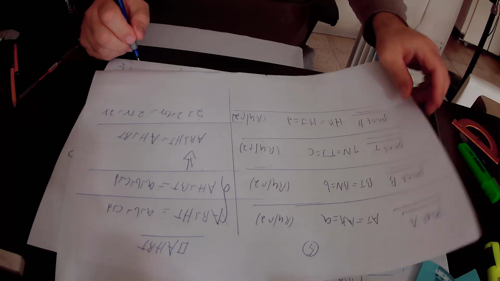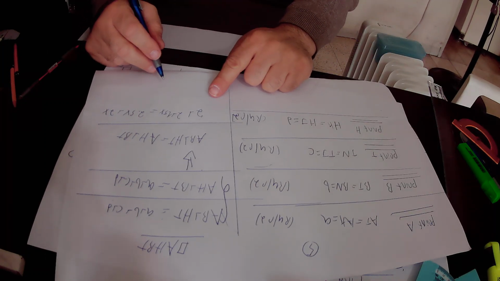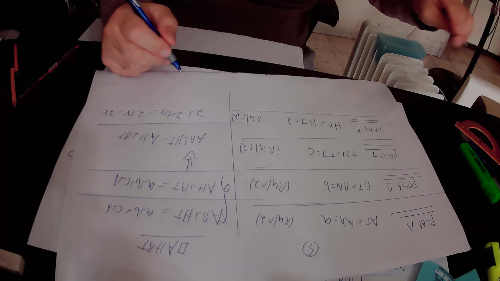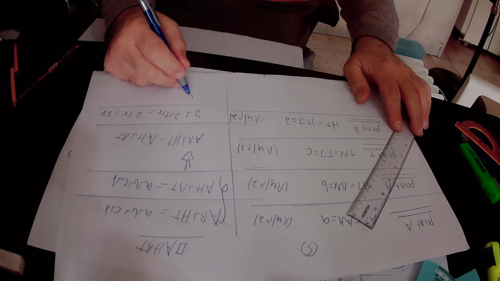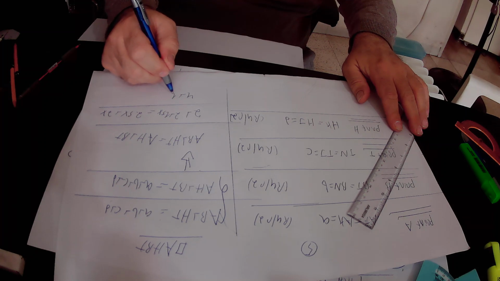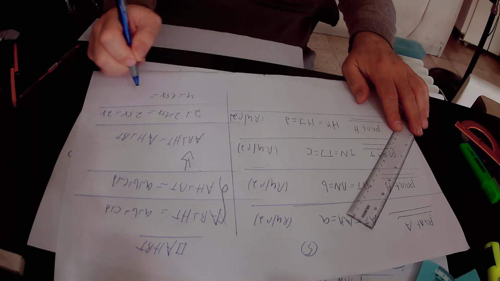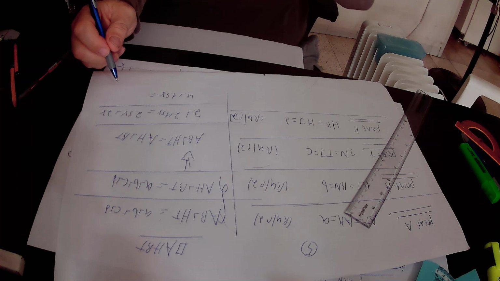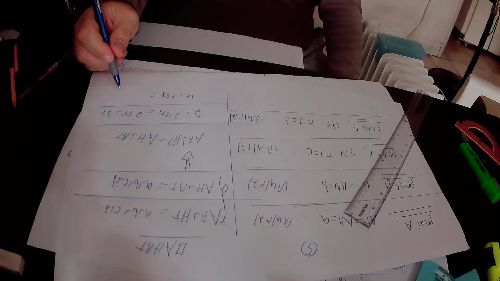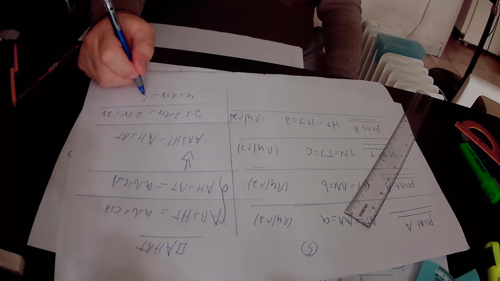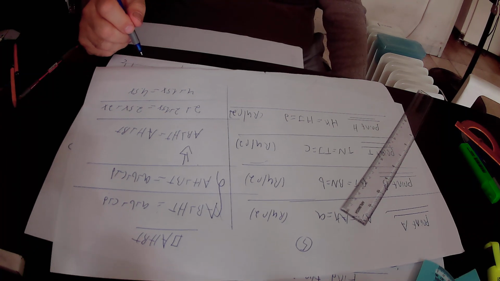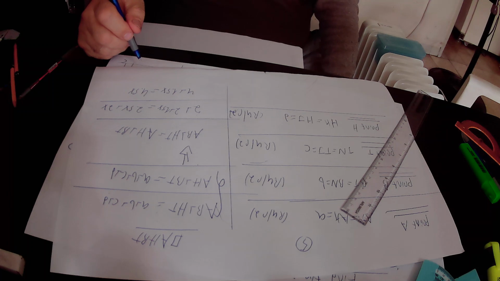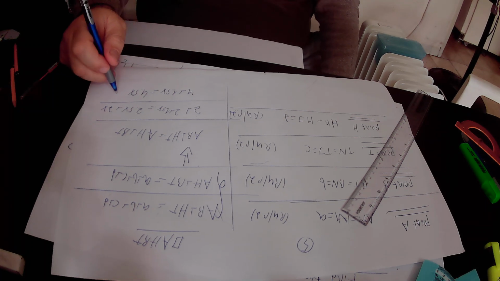So in conclusion, we found out that 2 plus 2 is 4. So in this side of the equation we have in total 4 plus 1.5x, that is equal to, on the other side of the equation, 2.5x plus 2x, which is 4.5x. So 4 plus 1.5x equals 4.5x. Here we subtract 1.5x from this equation,